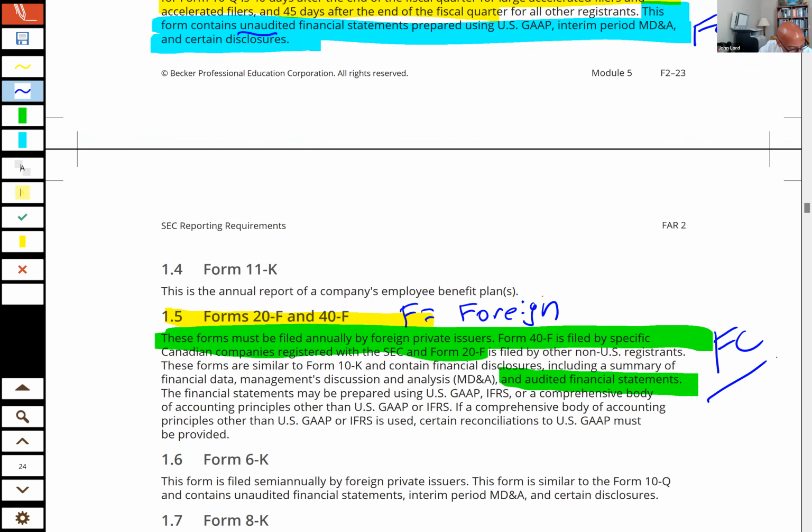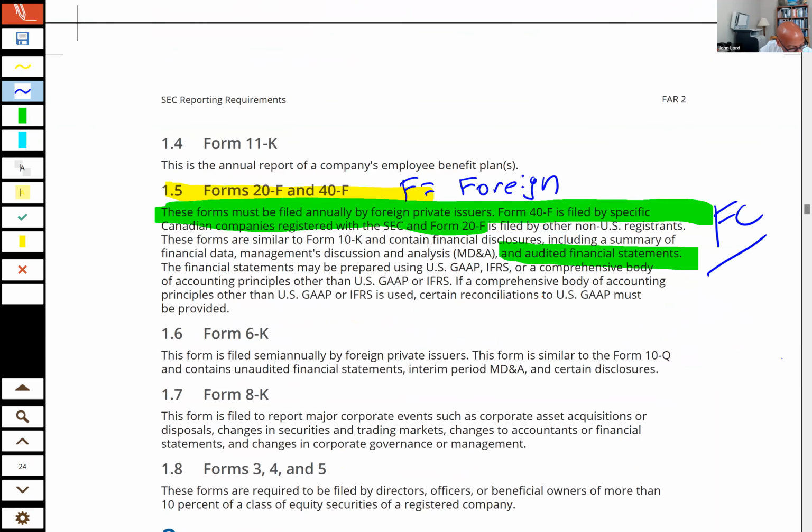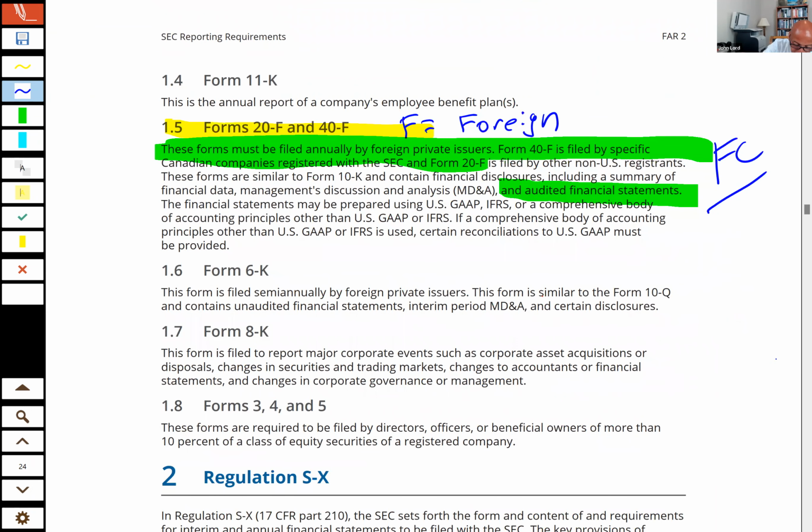Okay. Now you come over and they start to talk about Form 6-K, and these are the semi-annual forms that come from the foreign companies, and these, like the quarterly statements, are unaudited. So you can go ahead and flashcard that, and then you will see that notion that they are unaudited examined in questions 06078 and